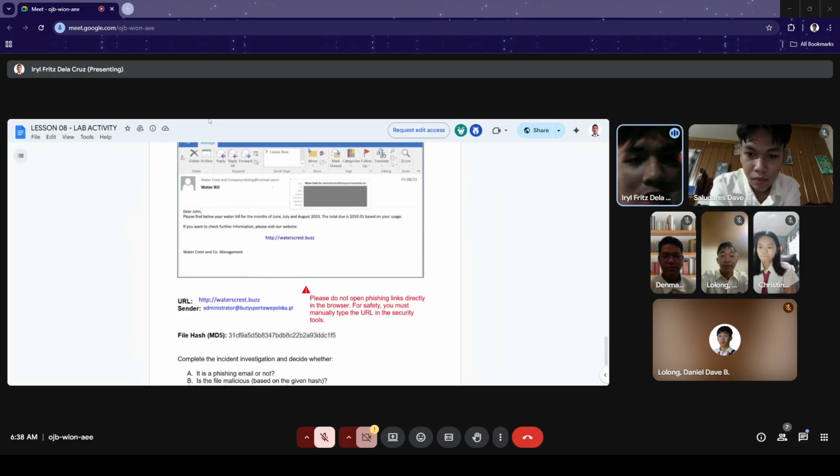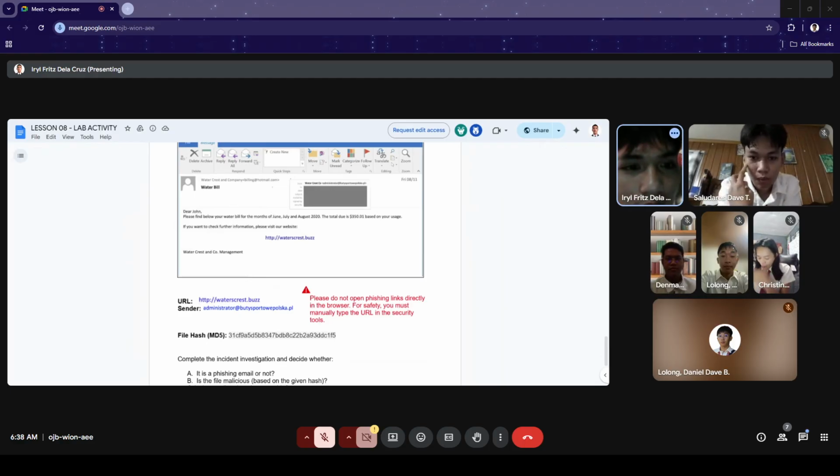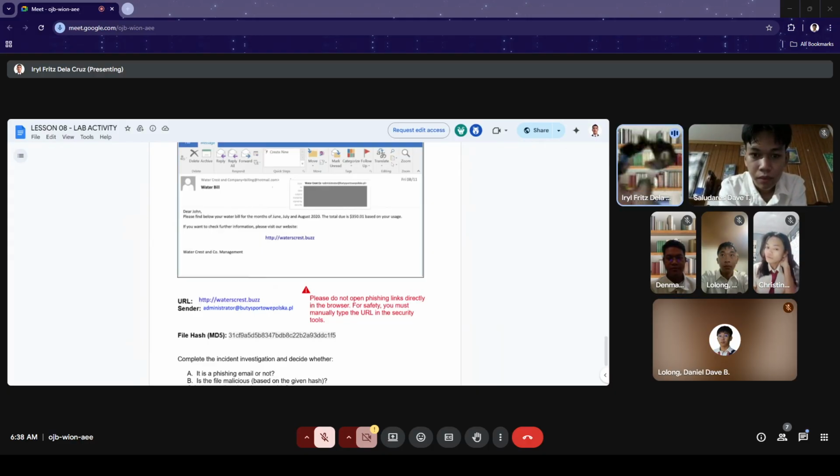Number 6 is that we can also identify it by whether the email content matches previous communication. Another thing we can consider is whether the message sent matches the previous emails sent by the sender. For instance, if I availed of Canva Premium today, I received an email, and later that month I receive another email from them. So we can compare whether that message is legitimate based on the previous messages we have received